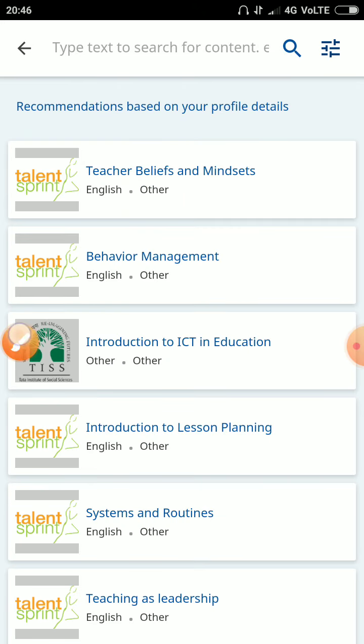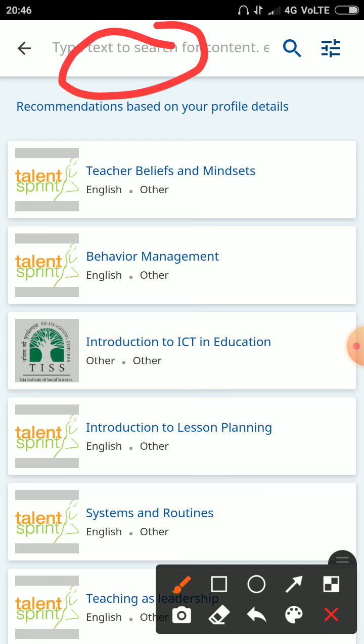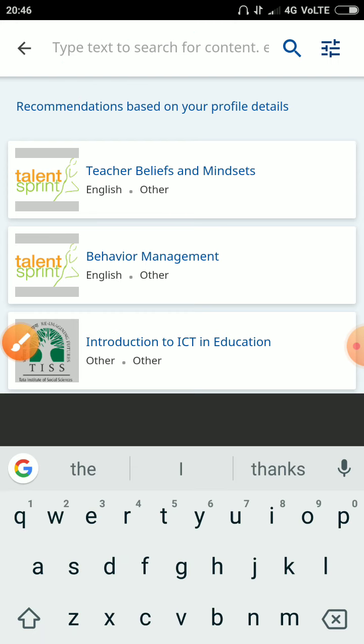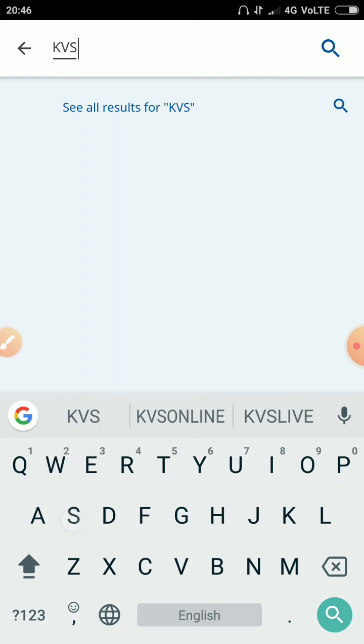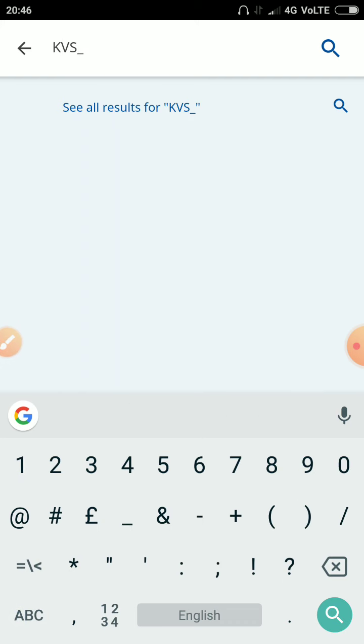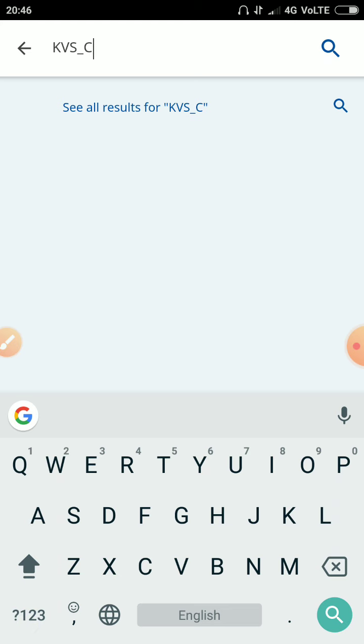After entering the course, on the search bar you have to enter the course IDs of KVS, the sample I am entering. Curriculum.